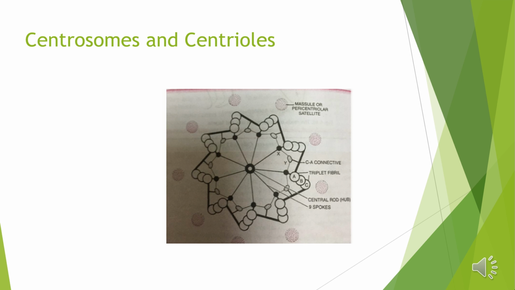The centrioles help to organize spindle fibers and astral rays during cell division. We'll study this in the next chapter, when we study cell division. Therefore they are called microtubule organizing centers. However, centrioles are not essential for this purpose: the cells of higher plants lack centrioles and still form a spindle.